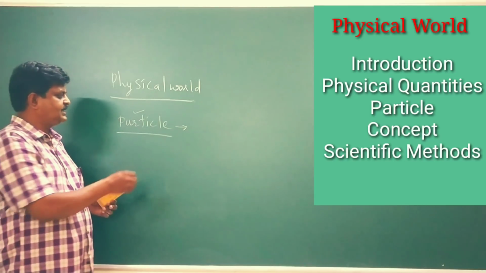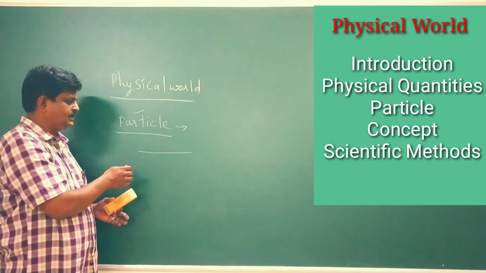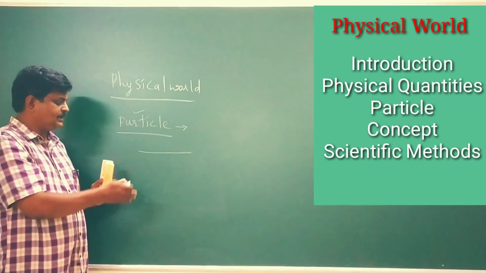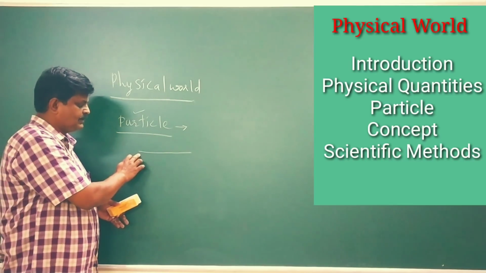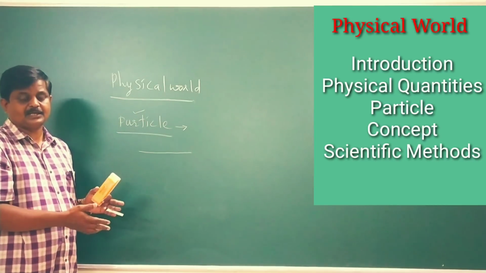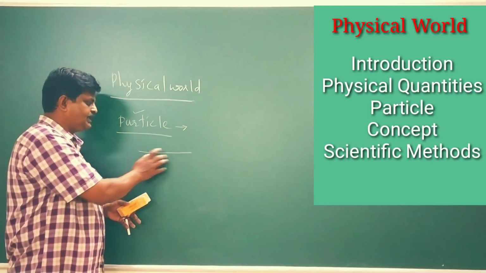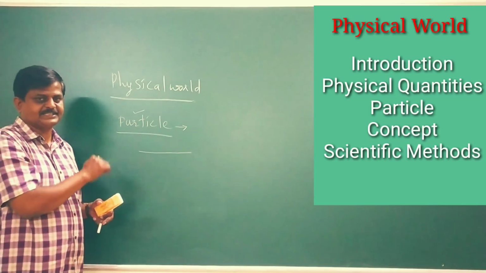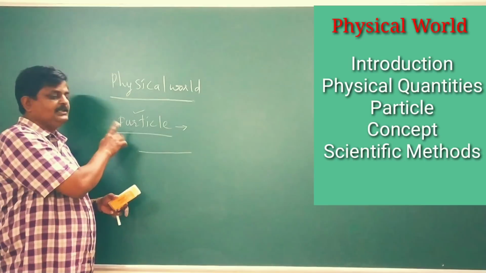One example for this is, if a bus moves from Gulbarga to Patna, or now we say Kalburgi to Patna. All of you know that a bus has its own dimensions. When a bus moves from Kalburgi to Bangalore, how do you analyze the movement of the bus? As a particle, because the distance covered by the bus between Kalburgi and Bangalore is very large when compared to the dimensions of the bus itself. So this is the concept used to treat the object as a particle.